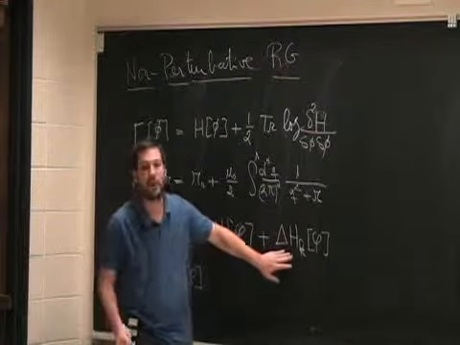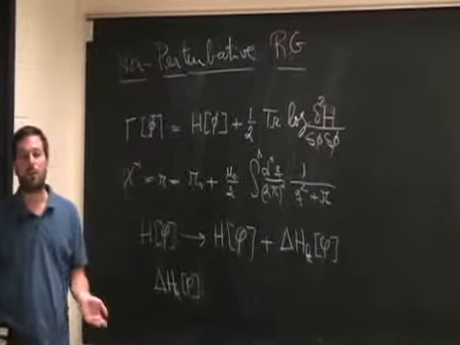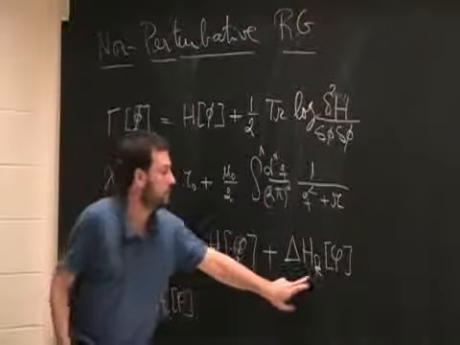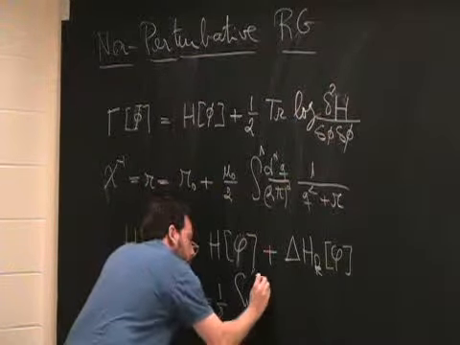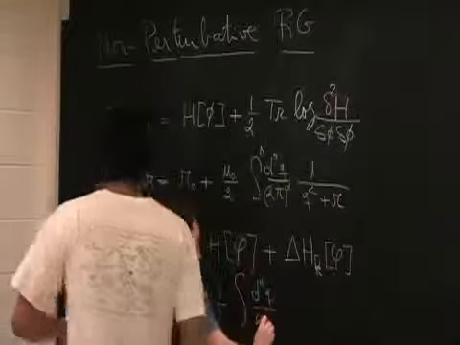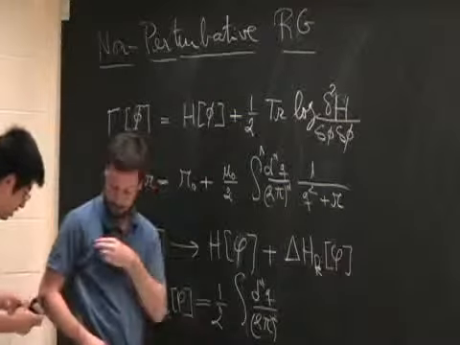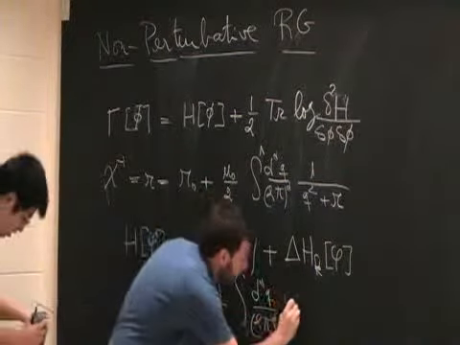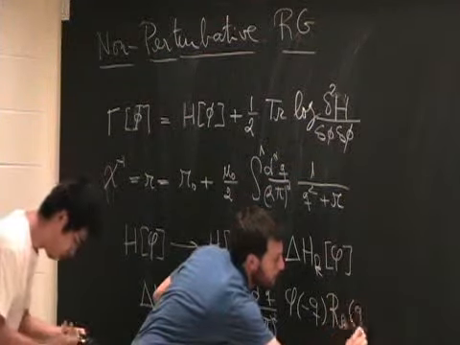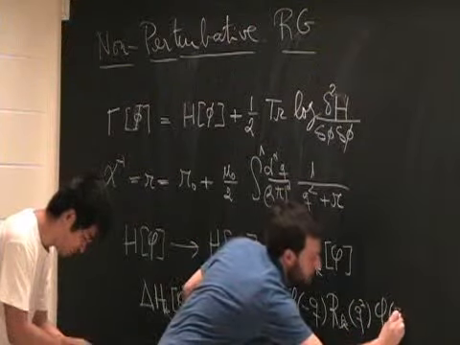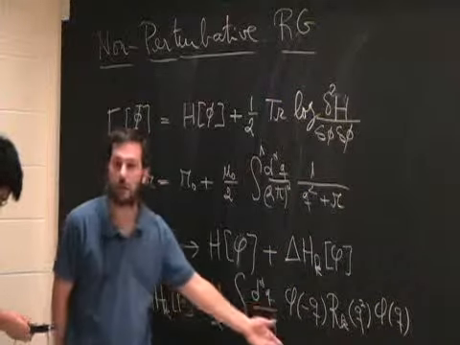This term is called the regulator term. That will filter out of the theory all the modes that are below the scale k. So you write it as a quadratic term, R_k(q) q squared, times the field at q. So this term has the Euclidean